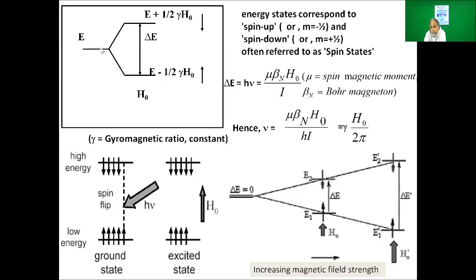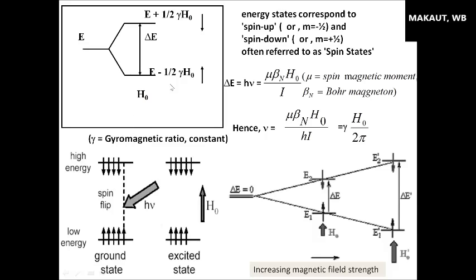And this splitting basically causes two types of things. Already we have known, from I equal to half, that we have 2I plus 1 equal to two energy states. One is going down and the other one is going up. Going down means going down from the very center, or from the initial states. And here in these particular states, if we consider the lower part, these have the spins,